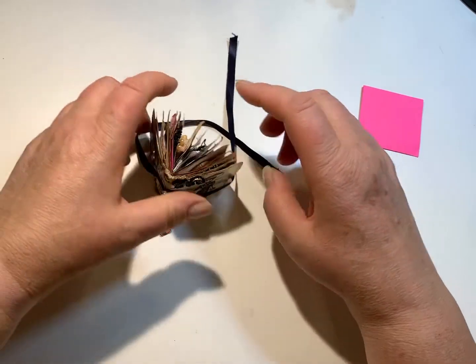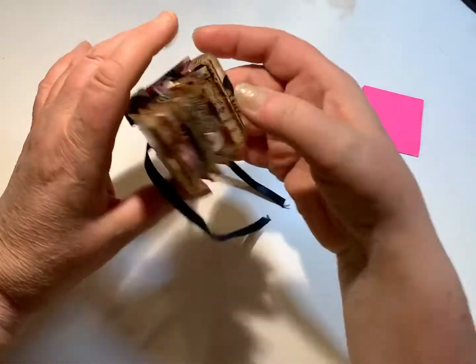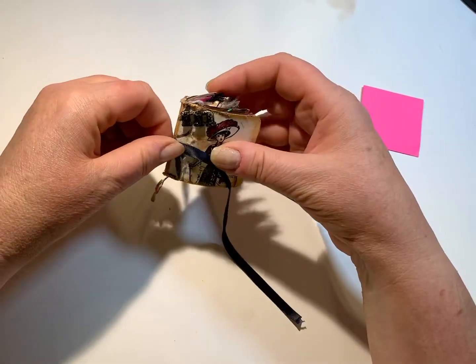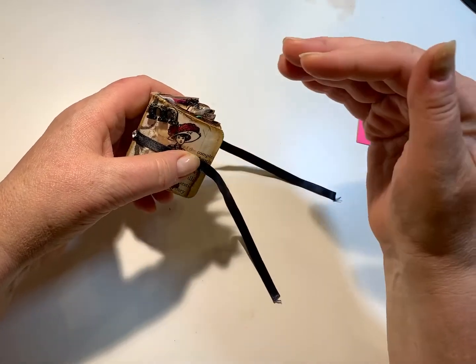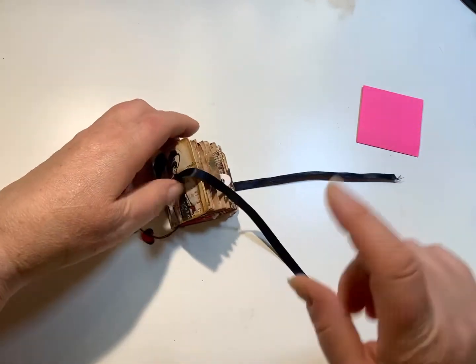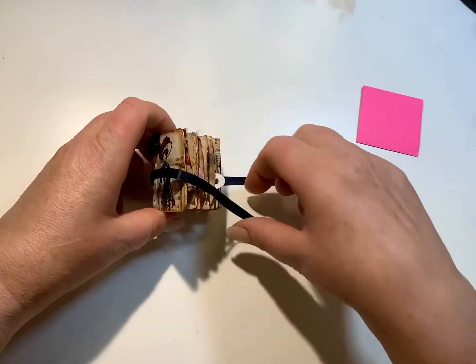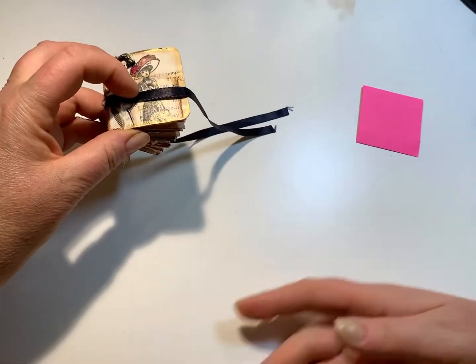But meanwhile, September's All About, which starts immediately. September's All About is teeny tiny itty bitties. Now, the fun of that is that you can make anything you want. Anything you want. You just have to make it in teeny tiny itty bitty form. So if there's something that you love to make that you've always been thinking, well, maybe I'll try that,